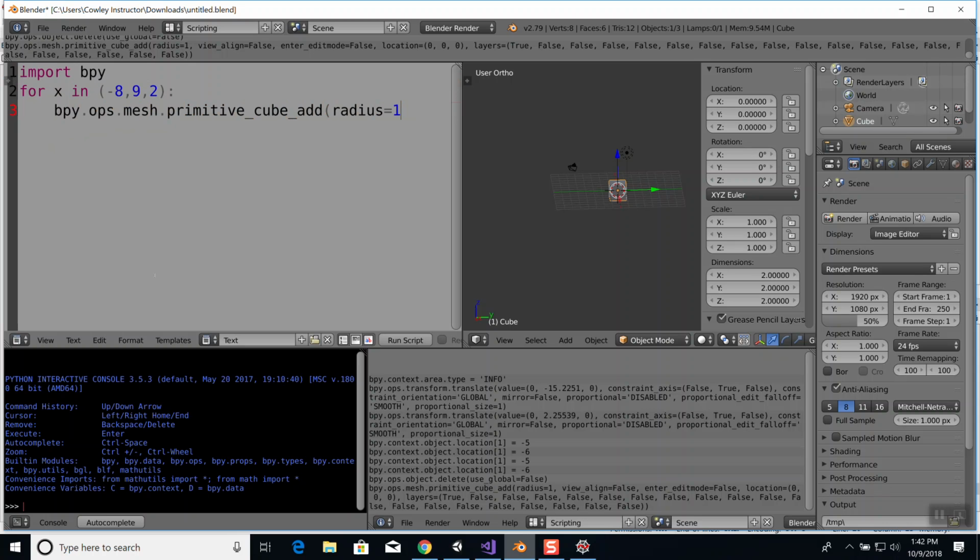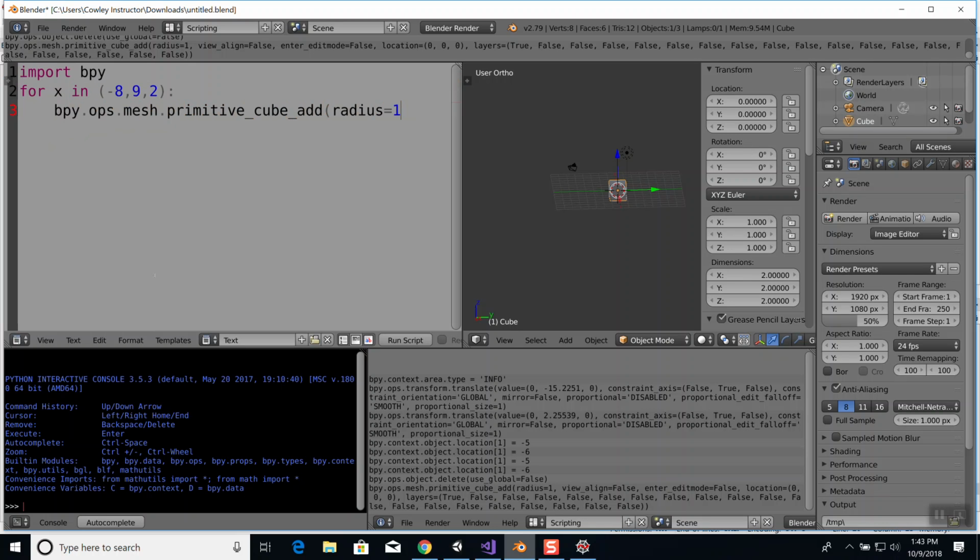I'm not sure if that should be 1 or 2, but we'll see. I think 1. We don't typically think of radiuses on cubes. That's more like a sphere. But I'm assuming it's the distance from the center of the object out to the outer edge. And I think all the rest is optional,